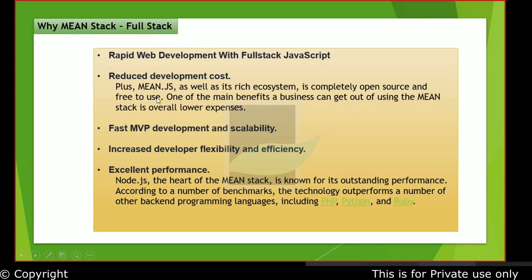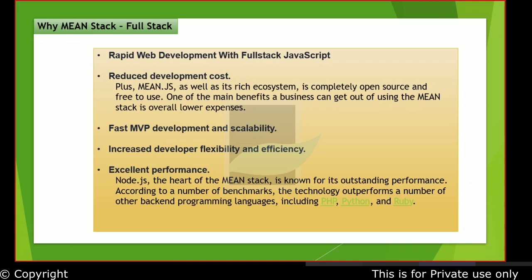Another thing which clients look at, they need to reduce the cost. So essentially, what is free and what is more performant? That's what most clients go for. And whatever we have in MEAN is completely open source. Your MongoDB, Express, Angular, and Node, all of that are completely open source and they are free to use. So you don't have any licensing headaches which the client has to go through. That is one of the first things which people look for whenever you do analysis on what is the technology I should use to develop my application.